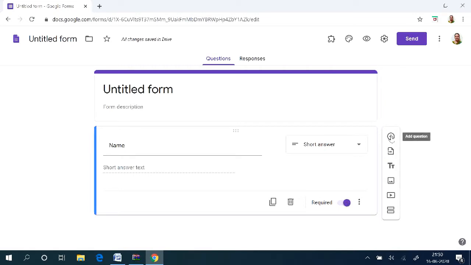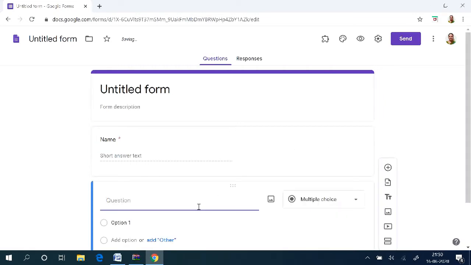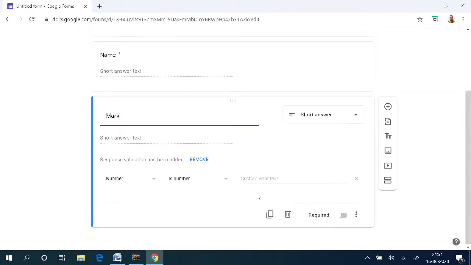Next, suppose I am getting a mark. Sometimes you want to validate your response. In this case, assume that I am going to ask the respondents who have scored more than 50% in their 10th standard to fill this form. In that case, I have to validate their response.